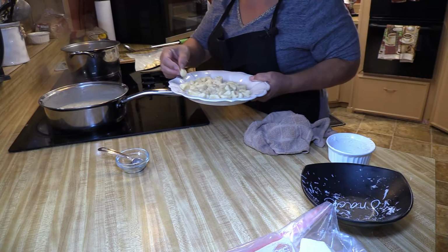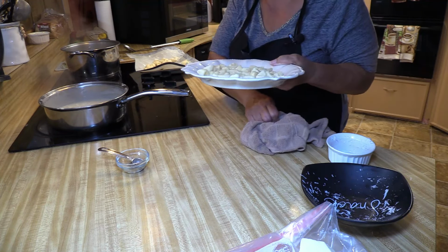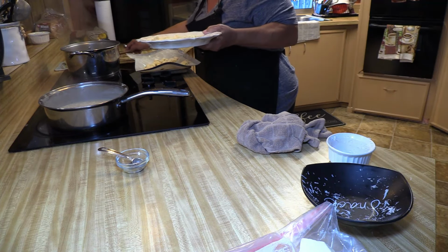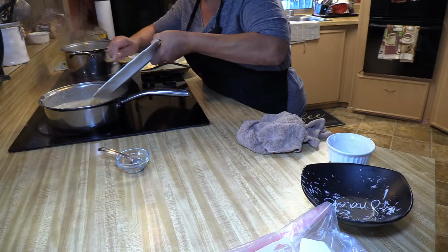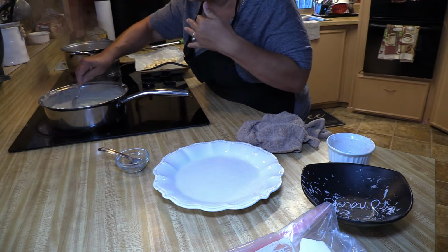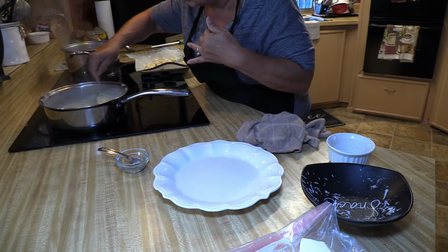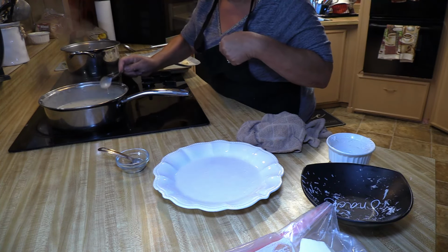Okay, so I'm going to try one just like this because I like the gnocchi. I like it. It's to my flavor. Now, not everybody's going to like gnocchi either. If you like gnocchi, you're going to like this. And you made it yourself. My next step with my gnocchi is presentation. But I can make something from scratch, and I love the way it tastes because you can't always go just